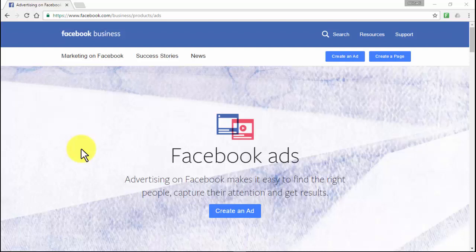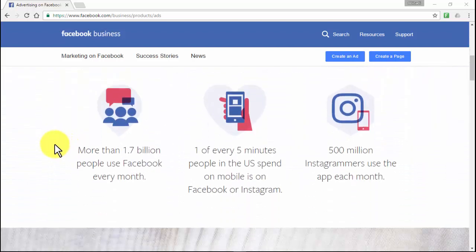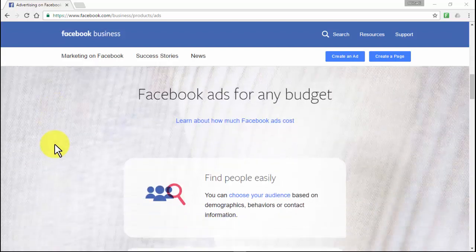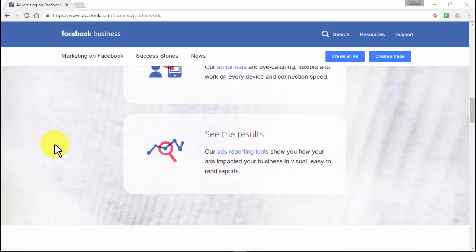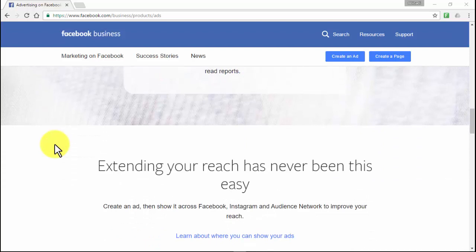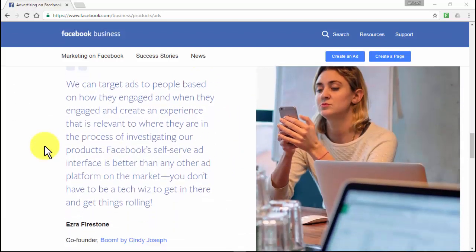First, go to facebook.com/business/products/ads. With Facebook ads, you can create targeted ads to reach different audiences and meet your business goals. Also, you are able to reach more than 1.4 billion people, and you can choose from their location, age, interests, and more. Also, with Facebook ads, you can reach more than 700 million people who visit Facebook every day on